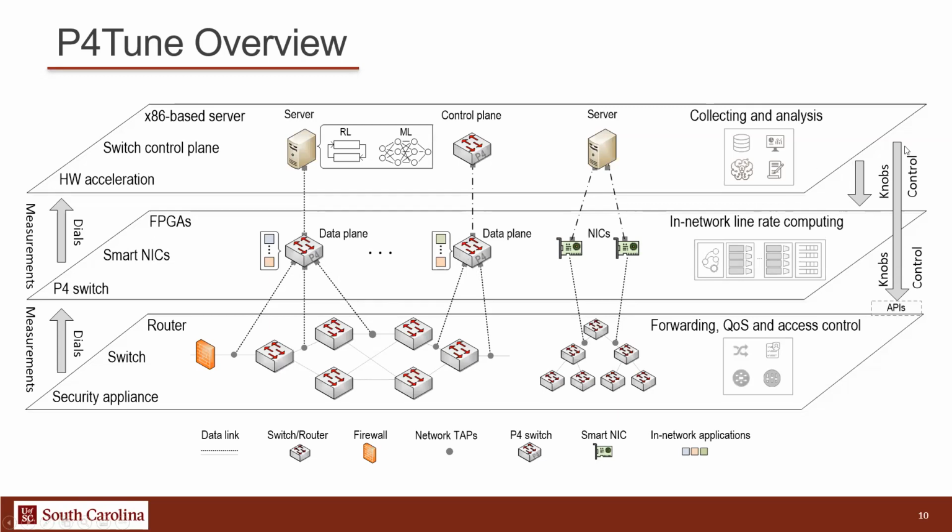Now, regarding this side here of the control, we can basically create rules that are in the form of ACLs, or it can be related to quality of service, and push them to that layer. And what we'll be gaining by doing so is that we are processing the traffic at line rate, doing custom packet processing, getting all the information that we want, and then try to come up with rules that can really affect the traffic flowing in our legacy network.